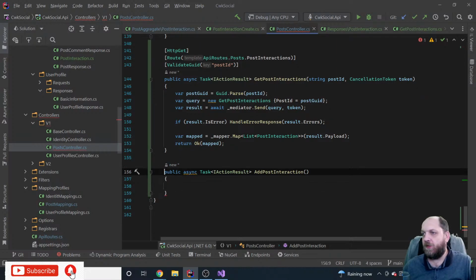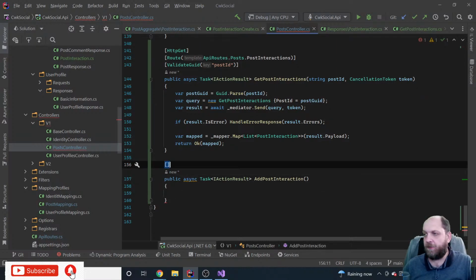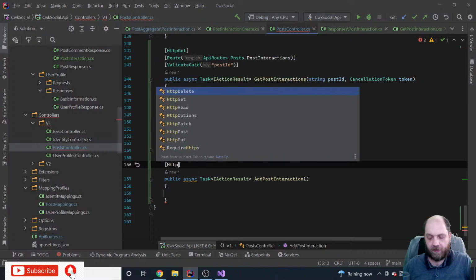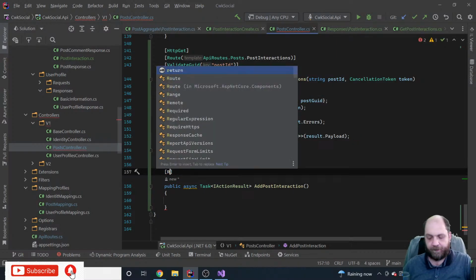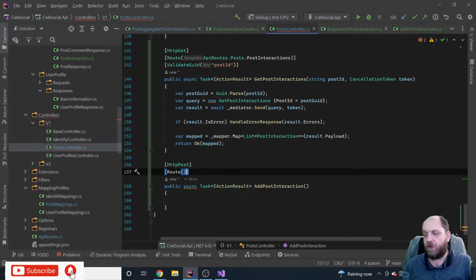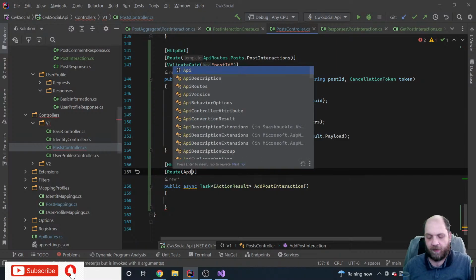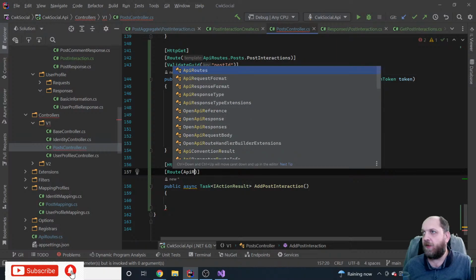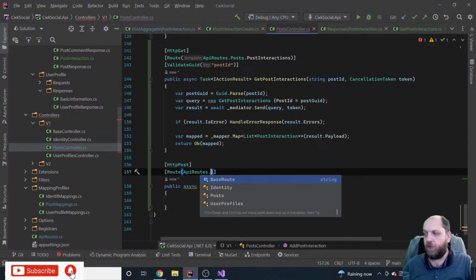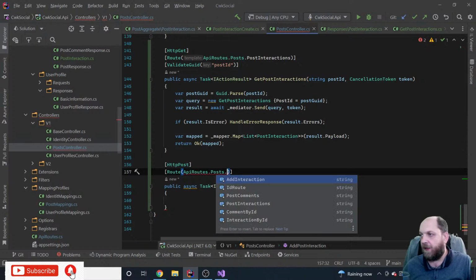Okay, so what do we actually need here from the point of view of attributes? First of all, that would be an HTTP post. Then the route. It would be actually the exact same route that we have used previously, but this time it will be with API routes. This time it will be with a post verb. So posts, and then